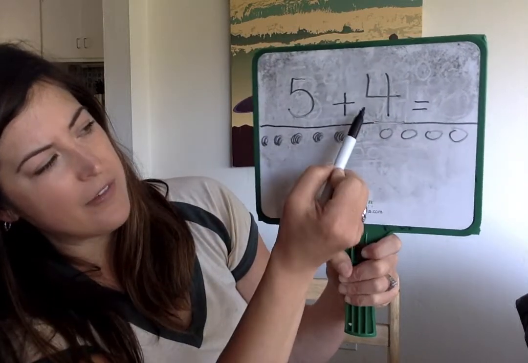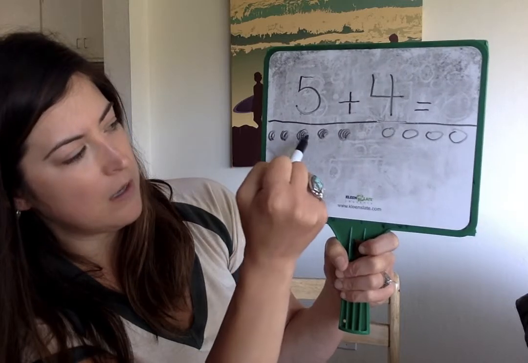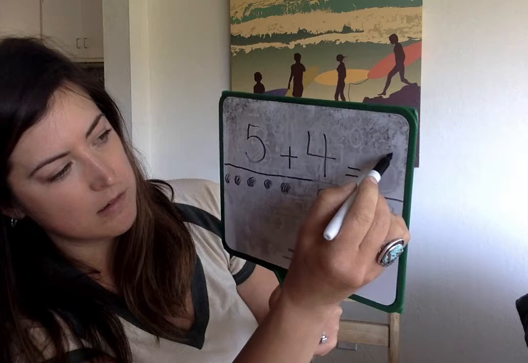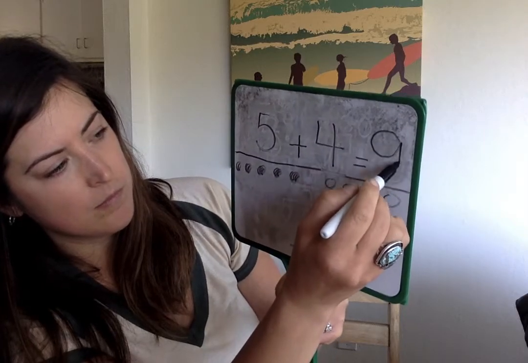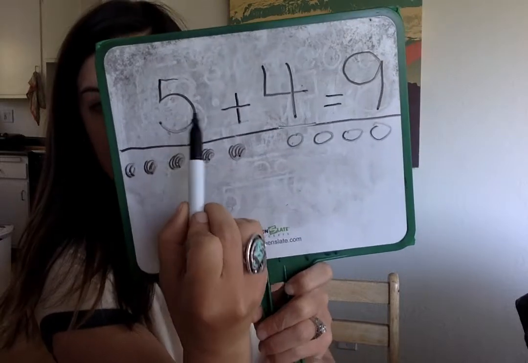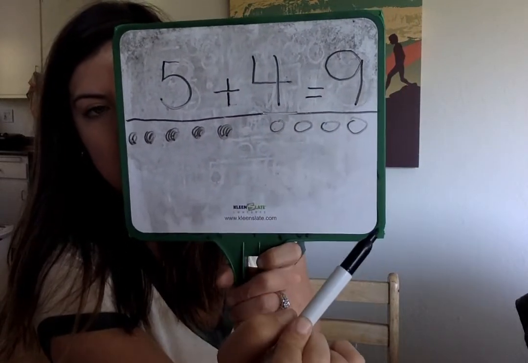What is 5 and 4 the same as? 1, 2, 3, 4, 5, 6, 7, 8, 9. Let's read it together. 5 plus 4 equals 9. Great. And our last equation